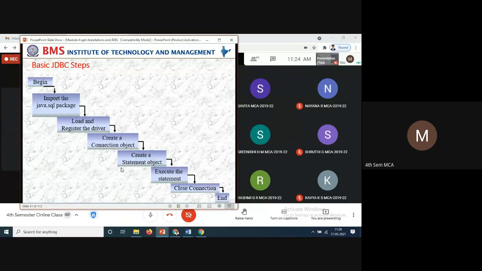Right. So now the first one, once you begin, what you have to do is import the java.sql packages. Basics when we are doing. Next one is called load and register the drivers.